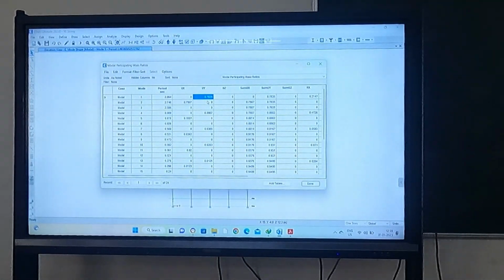Sometimes, because of non-symmetry, if your structure is not symmetrical, this mode participation factor is going to reduce. But you should not consider a structural configuration which is very much non-symmetric, so that you get less than 65%. Why? Because if your structure is non-symmetric, it will attract more earthquake forces, and the damage possibility is more because of the higher torsion. So this first mode participation factor should be at least 65%. If you are not getting it, you have to ignore that structural model. There is no alternative way. Similarly for the x direction also. So you have to be careful about these things.